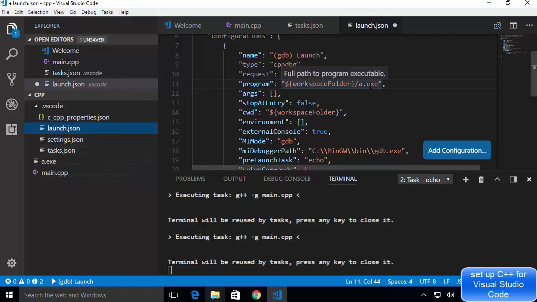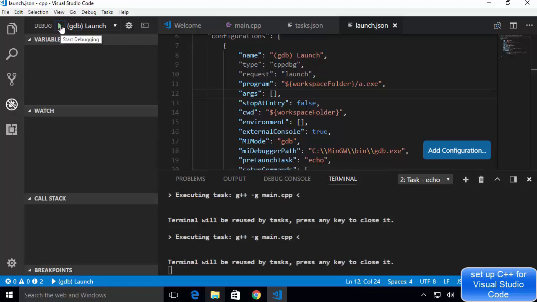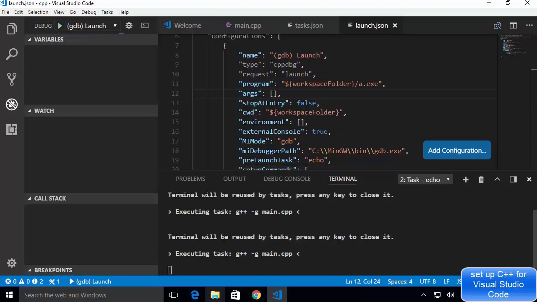Otherwise, whatever is your exe file name, you just need to give the path to that. Okay, so let's start the debugging once again, and I'm going to press on this button, which is going to first of all execute the task. You can see executing task g++ -g main.cpp, and once this build is complete, it's going to launch our program.